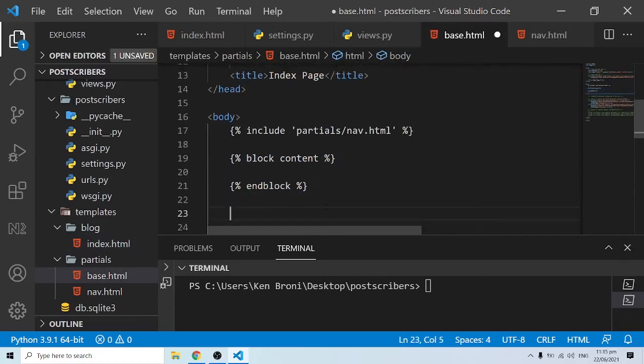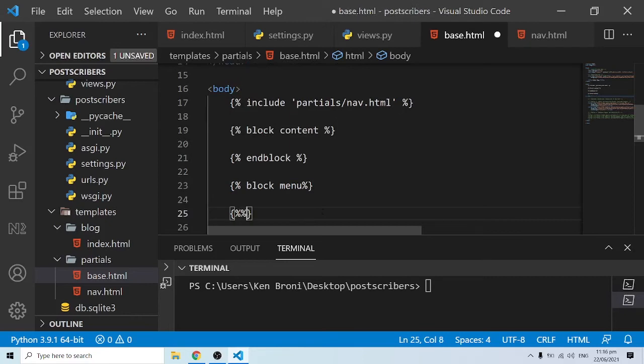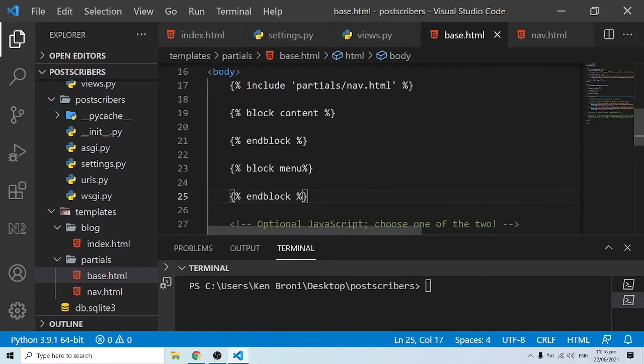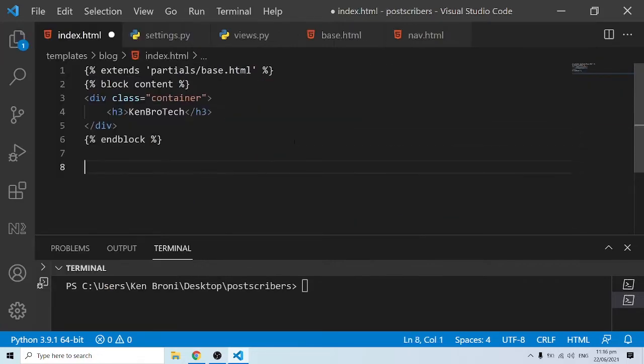So now, for instance, we can have another one, and we are going to call this block menu. When we say block menu, we just have to end it over here. We are going to say end block. When we do end block, just copy this, Control C, put this over here,